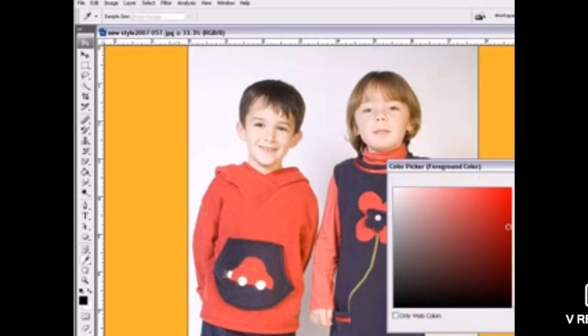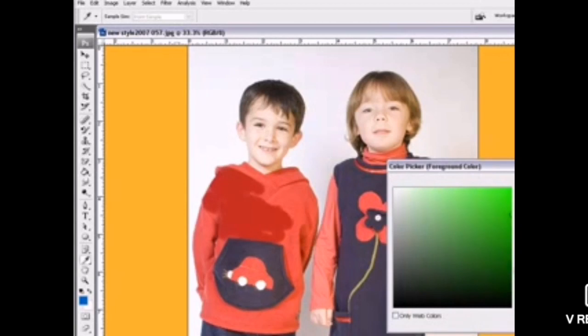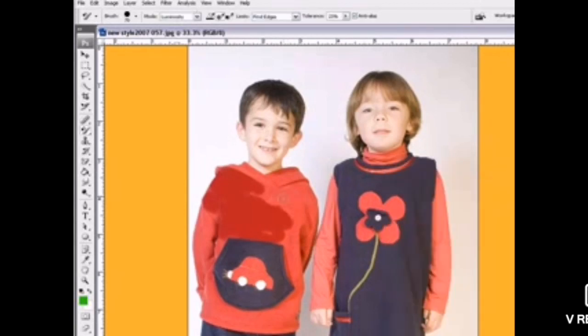Now I want to keep the background color, foreground color as blue. What will happen? Just that blue color will get added into the particular red color. So how to do that? Just drag the mouse on the image. As you drag the mouse on the image, the color is changing. So I'll tell you one more time how to do it. Just go and select the color whichever you want as a foreground color.